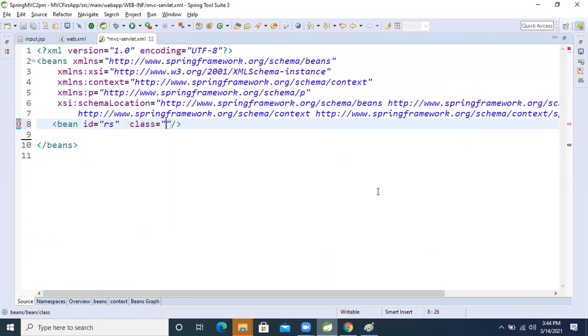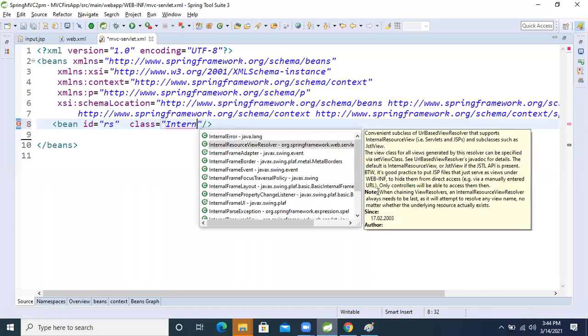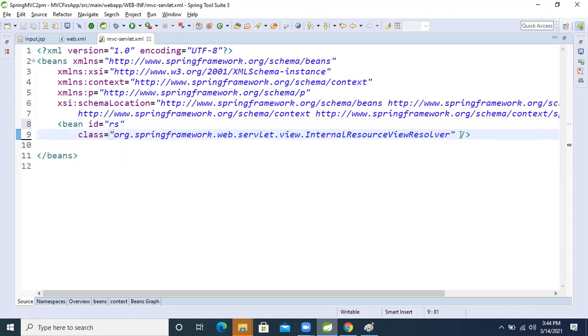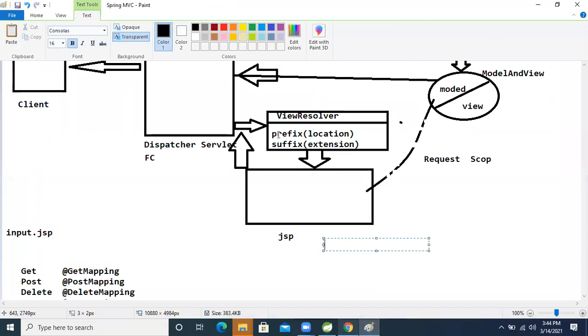Inside that class, I'm taking InternalResourceViewResolver, this object I'm taking right now. Then, in that bean I will call the prefix and suffix, as I said.